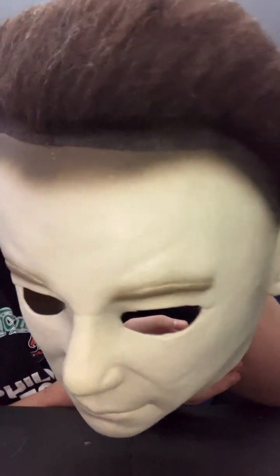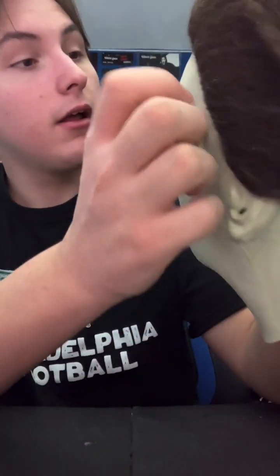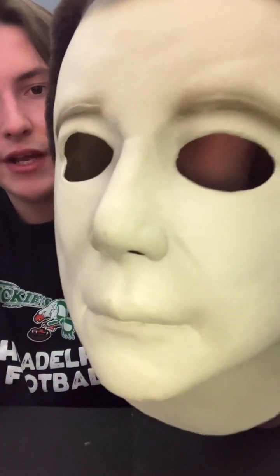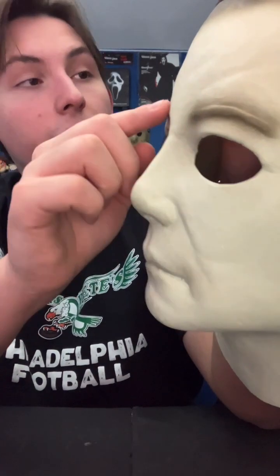What is wrong with my hairline? What happened? What is all that? Why is the whole top of the mask, why is the whole temple brown? And what is with the eyebrows too, man? It's like they slightly went over it with spray paint. They should be fully colored in brown. And then, oh my god, the hair on this guy